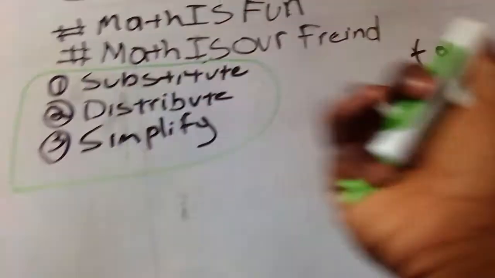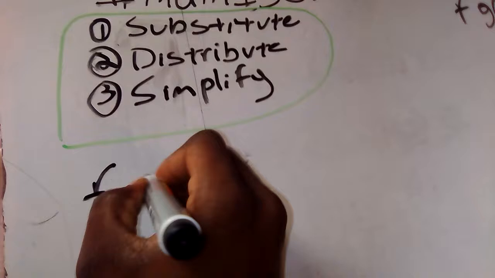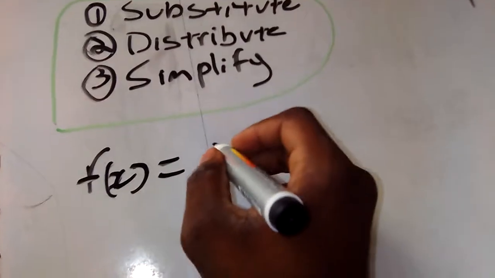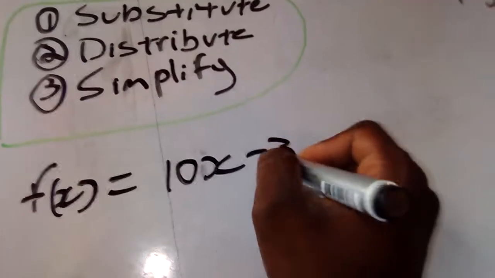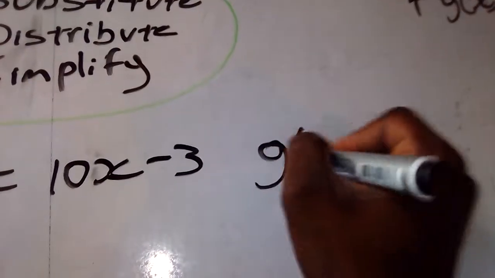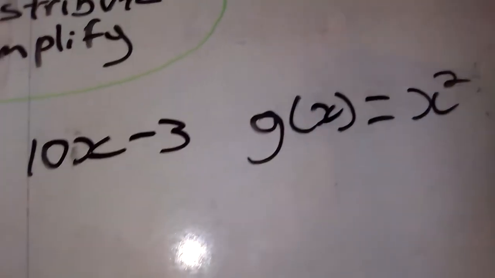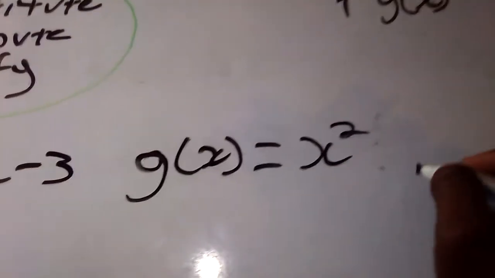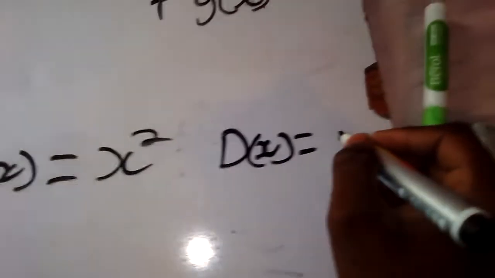Alright. So I'm going to make this stay for now, and I'm going to come back to this later. I'm going to do the next question now, which is f of x is equal to, let's say, 10x minus 3. Then g of x is equal to x squared. Then carry on with the other one, and since I'm Mr. Donald, a teacher, I can also say d of x, I'm not conceited, is equal to